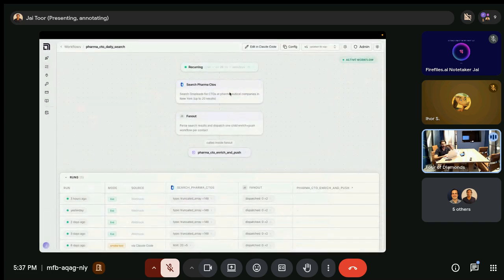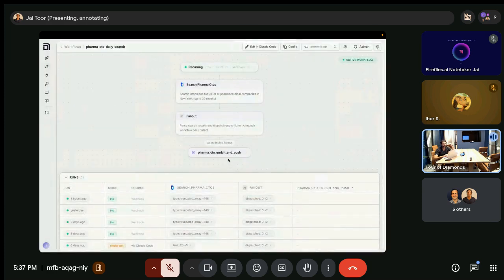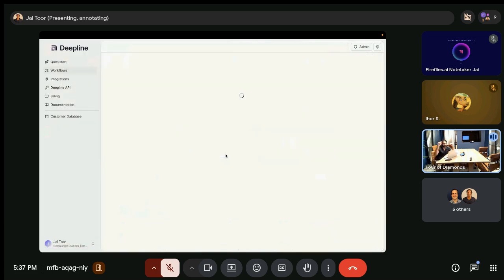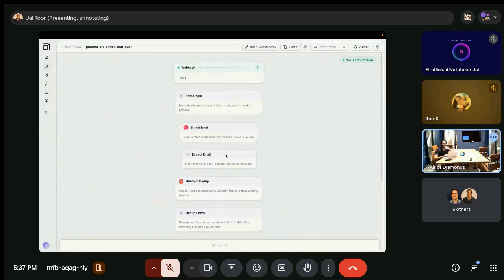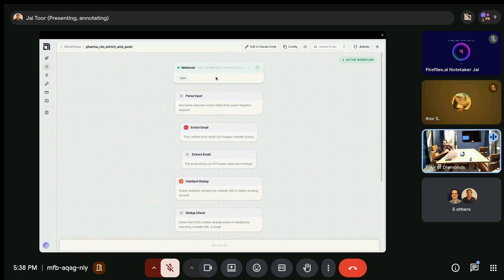Decided I wanted the drop leads 3 people search first, and we have this concept of fan out, and this basically means running sub workflows on individual rows. So I might want to enrich emails. This is how we handle per row logic that might need to be different between different things. You can have one query and then take every row in that and have it go down a separate path. And this is like splitting one set of results into a table essentially.